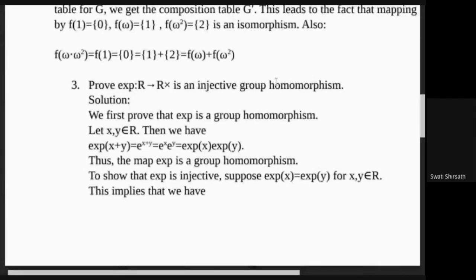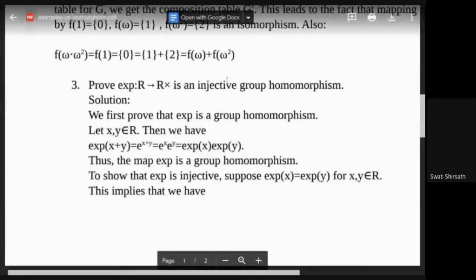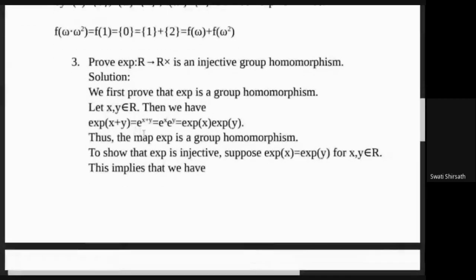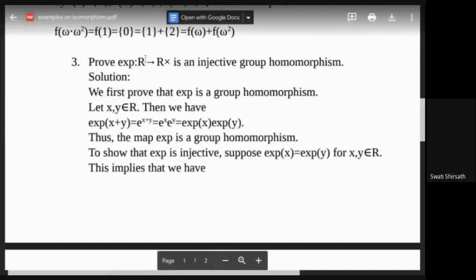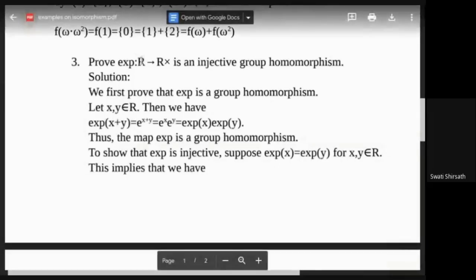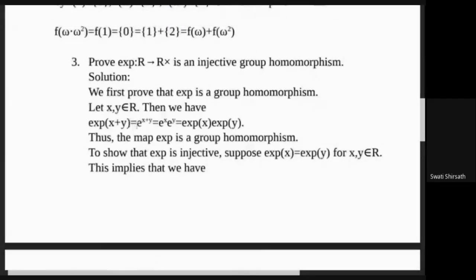First we'll prove whether it is homomorphic or not, and then we'll check whether it has one to one correspondence or not by checking whether x is equal to y or not, the one we did for log x. Now similarly, we know that R plus to R cross, and we have the exponent function. So exp of x plus y is on the left hand side because R plus is our domain, which is equal to e raised to x plus y. So this can be written as exp of x and exp of y. So here we have proved that it is a homomorphism.